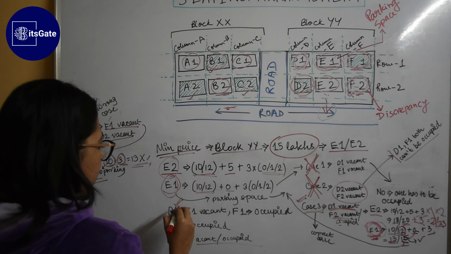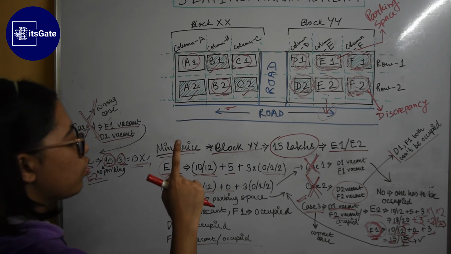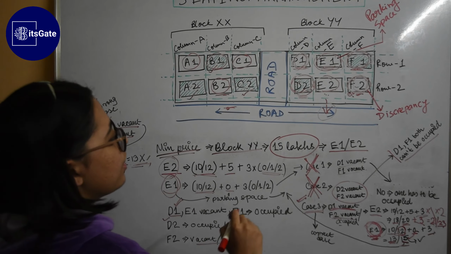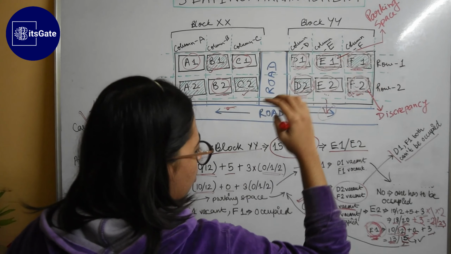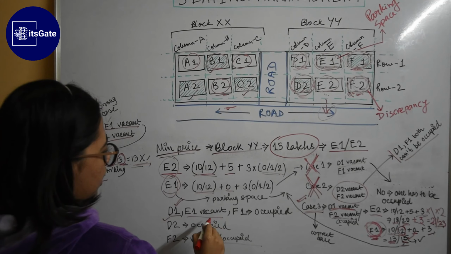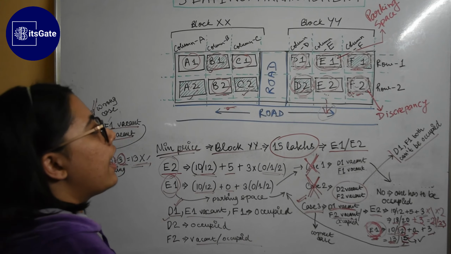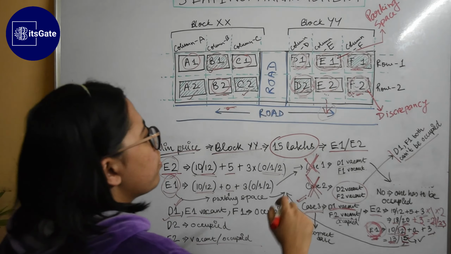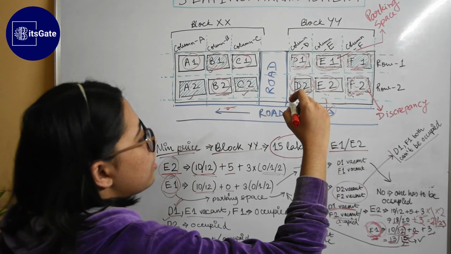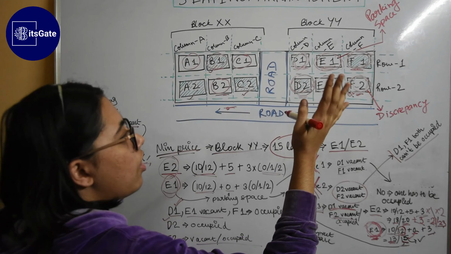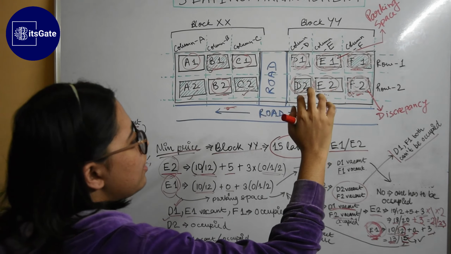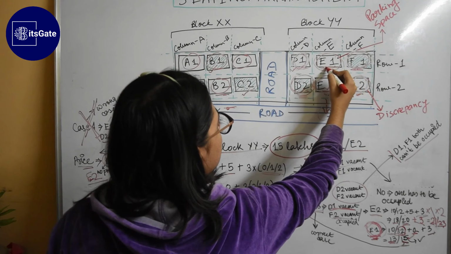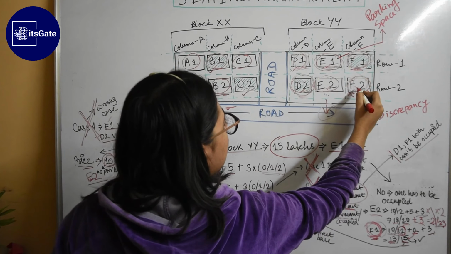Since D1 is vacant and 1 has to be occupied in the row D, D2 will be occupied. And F1 will also be occupied. E1 and E2 are vacant and among them E1 is having the parking space. So finally we have the vacant and occupied houses in the block YY, that is D1, E2, E1 and F2